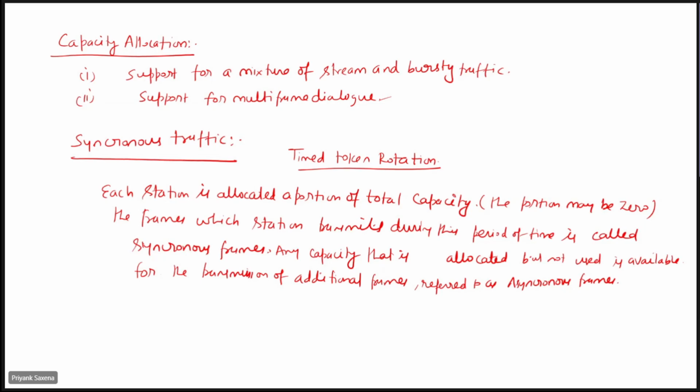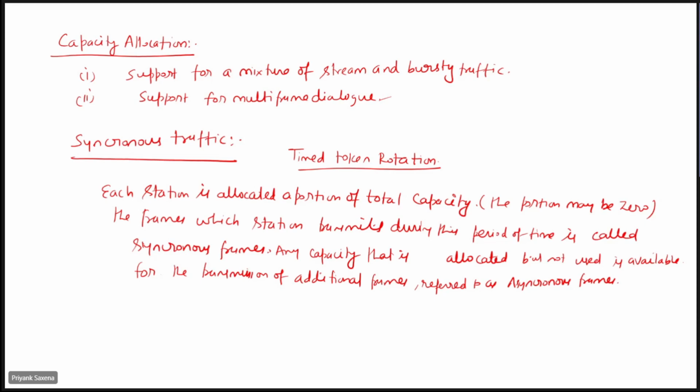So depending on the time constraint, there is a token moving in the ring. Depending on the station, the token may get delayed in the network, right? So if the station receives the token well before in time, it has the flexibility to first complete its synchronous allocation. First it has to send the frames from the synchronous allocation, and once it exhausts its synchronous allocation,